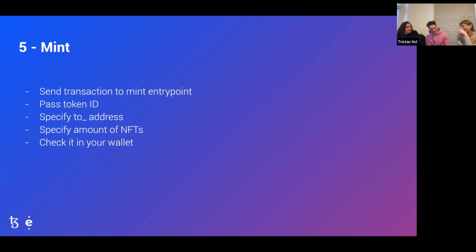We're using the TQ Tezos multi-asset contract, which allows for both NFTs and semi-fungible tokens, which means you can have multiple of the same token. And that's why we have to specify an amount. With NFTs it's always one, but if it's semi-fungible, like an edition of 100 or 1000, then of course I could say that I'm sending you 10 editions or 10 copies of this limited edition